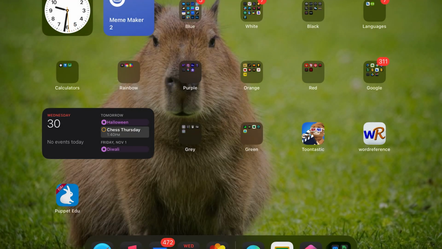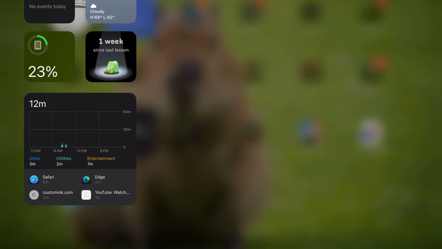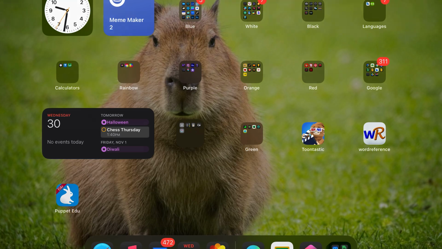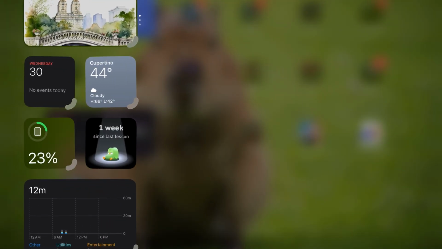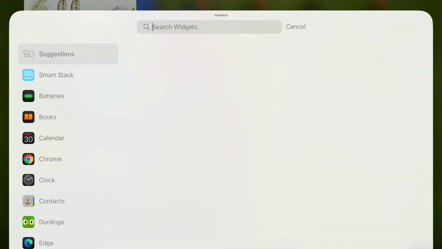So yeah, if you don't already have it, then you just edit your home screen. I showed you how to do this in the previous video. Scroll to the left, and then there will be an add button on top. So then you will add widget, look up Shortcuts, and then